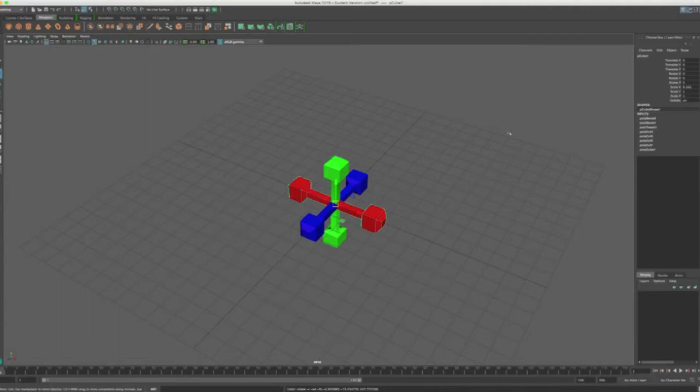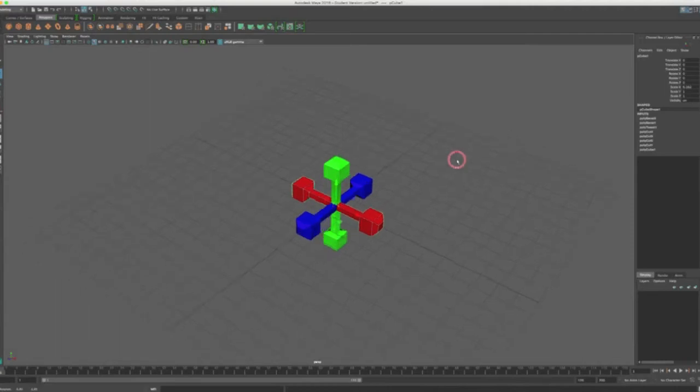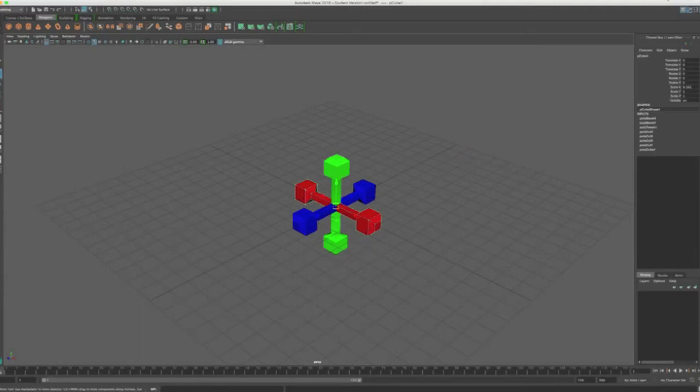Now over here on the right hand side, we have a few windows that are good to know. If I have an object selected, we have our channel box and layer editor. This houses all of the translation, rotation, scale and visibility. Now you can add other things to this list, but we'll get into that at a later date and time. This is the default. Basically it's recording, if I have my blue object selected here,